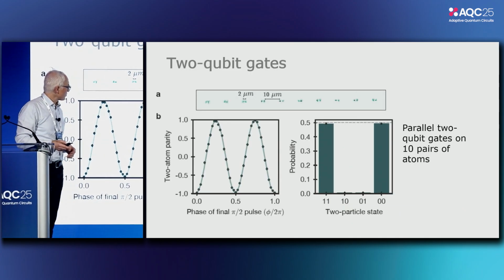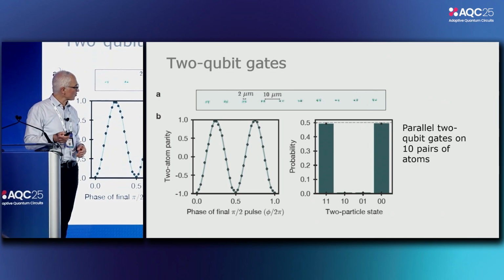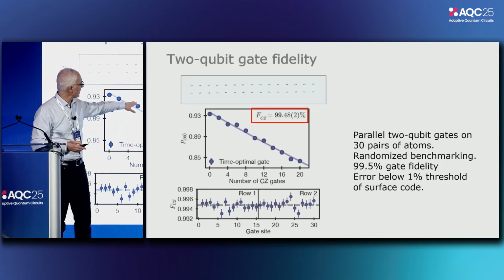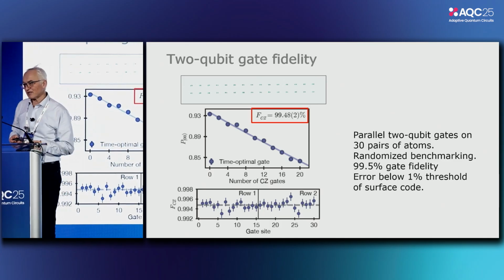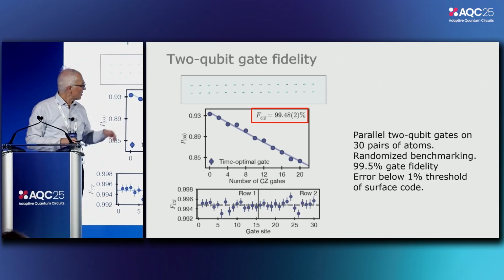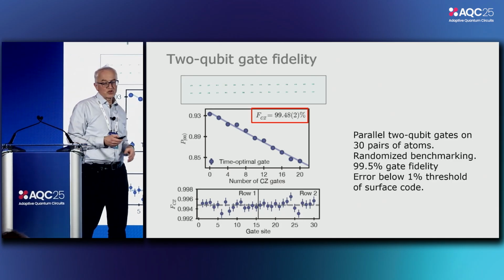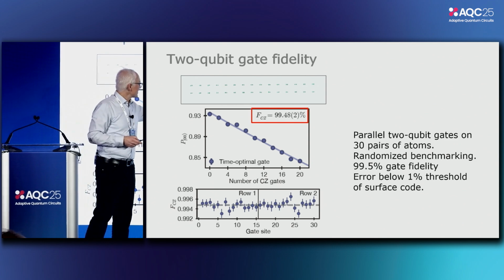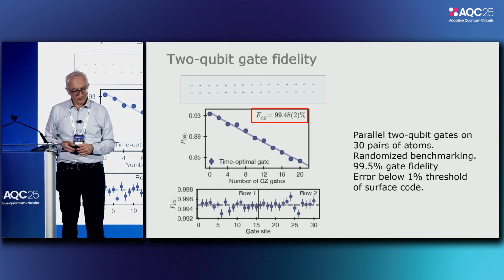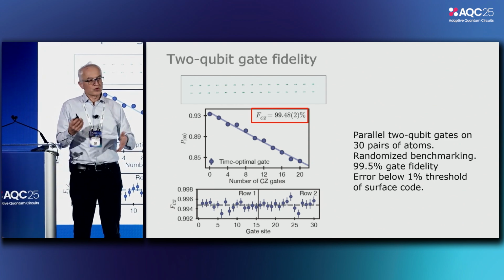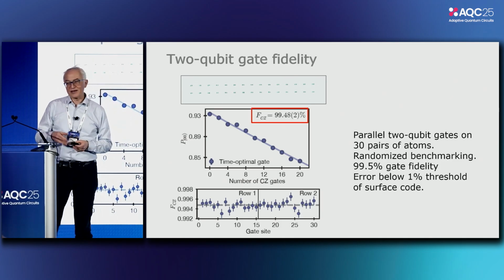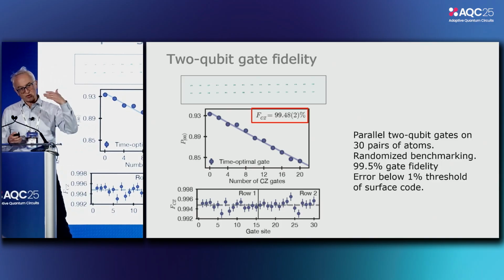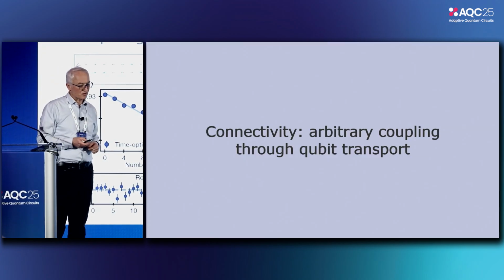Where are we as quantum gates? There are now a number of groups who have seen things at a similar level. We are at about 99.5% in these published data, and in unpublished data we are doing quite a bit better than that, and we're trying to push this frontier further. Why is this important? Because the threshold for error correction for the most attractive codes is on the order of 1%, and can be even a little bit higher with erasure detection as well. So as a field, we are now below this threshold,